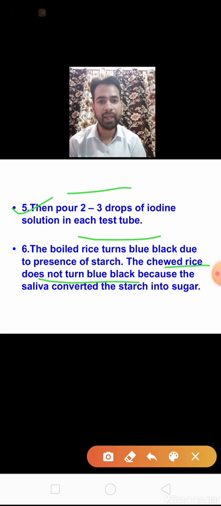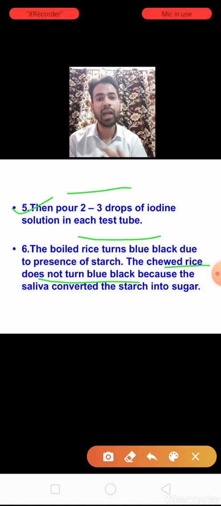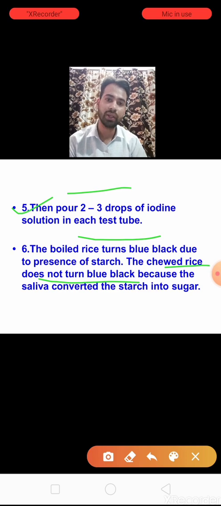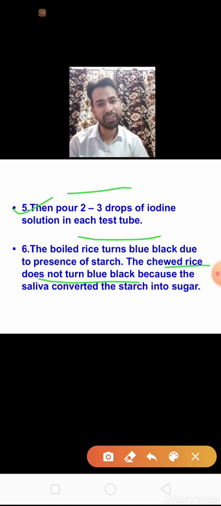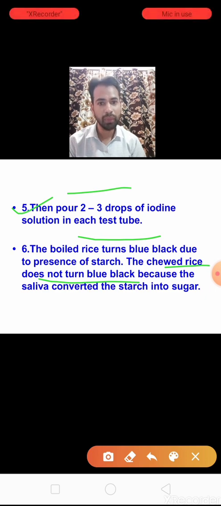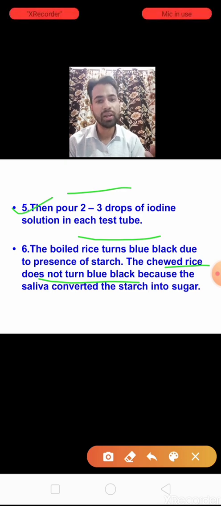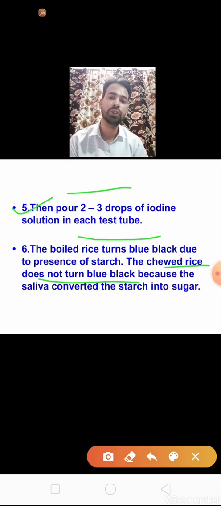That salivary amylase found in saliva converts the starch found in rice into sugar. So after chewing, starch is converted. That is why the chewed rice does not turn blue black after coming in contact with iodine solution.